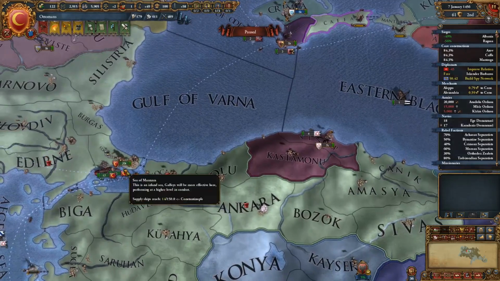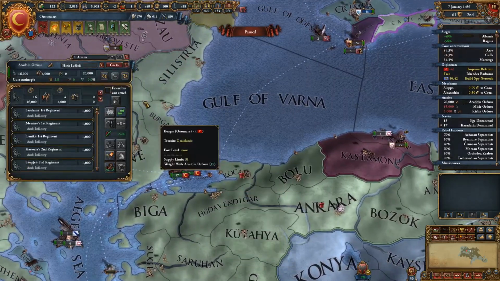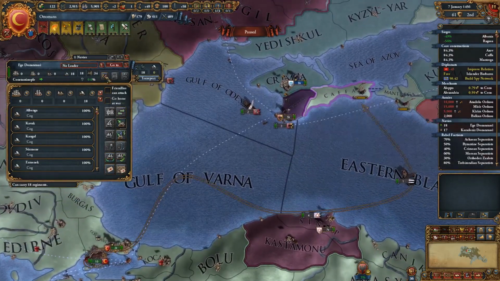That's fine. We've got our transports here. Let's go ahead and just put you on the ships. It'll leave a few men behind, but we can go and drop off over there and just...